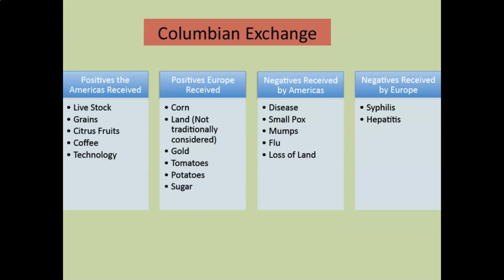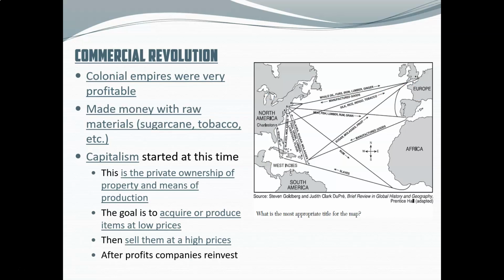Now, I'm going to give you a second to look at this chart. You do not need to copy down the entire chart. You just need to understand some of the good things and the bad things. The big ones we've already talked about with disease. And then the final negative that we'll talk about that was received in America is the loss of land. And we don't typically think of that as being part of the Columbian Exchange, but these people coming over from the Old World to the New World gained lots of land as a result of the travels